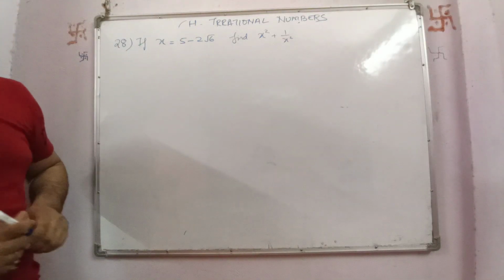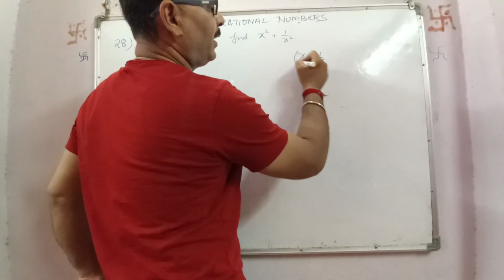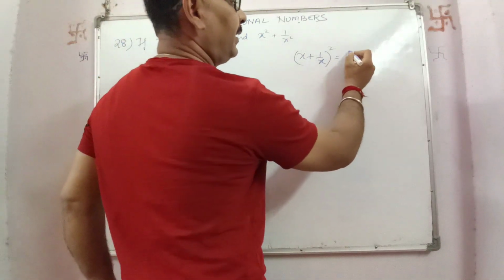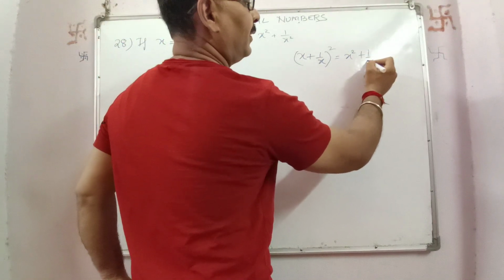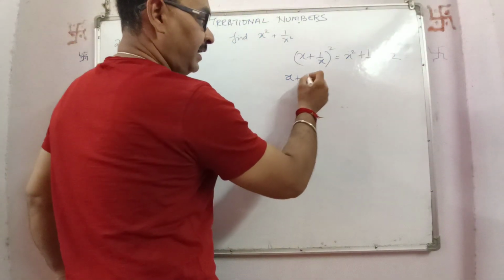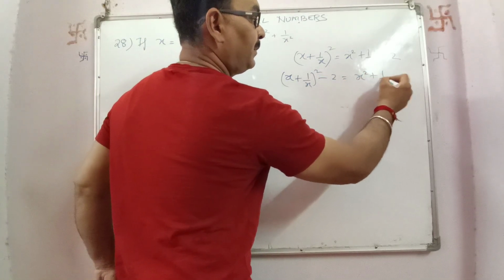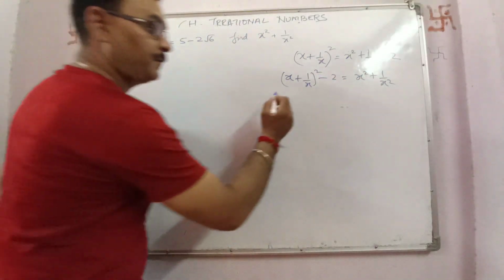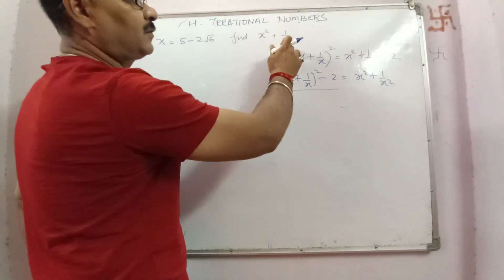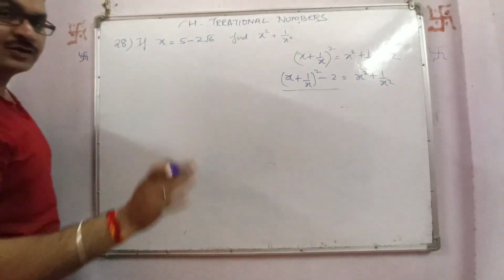So what we will do, we can use either (x + 1/x) whole square or (x − 1/x) whole square. So (x + 1/x)² is what? x² + 1/x² + 2. So we will find (x + 1/x)² − 2, which is equal to x² + 1/x². Now finding this is a lot simpler than finding the square and then squaring and then rationalizing, that will take a lot of time and calculation too.